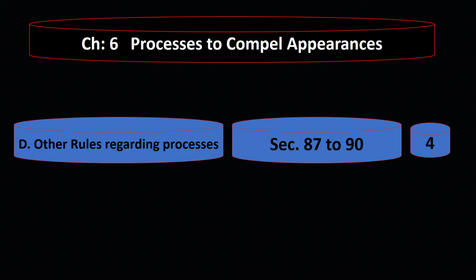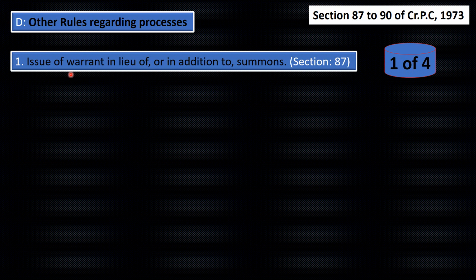Part 4, having 4 points. And the first point is issue of warrant in lieu of or in addition to summons as per the provision of section 87. Even before reading the Bare Act language, it is well understood that section 87 is trying to